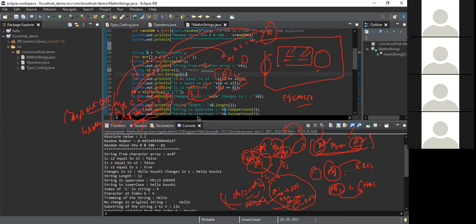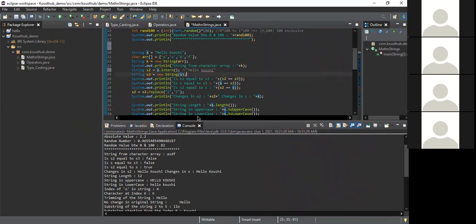Sir, I have a doubt over here. Not comparison, but with the case over here, S3 equals S3, right? As you said, it will check the location first and then the value. So directly it will check the memory, and in that memory it will check the value. Yes, sir. So for strings, when we were studying, hello Kaushi is a literal, so it occupies one space. It's not going to repeat again, right? In the string pool, hello Kaushi will be there only once.